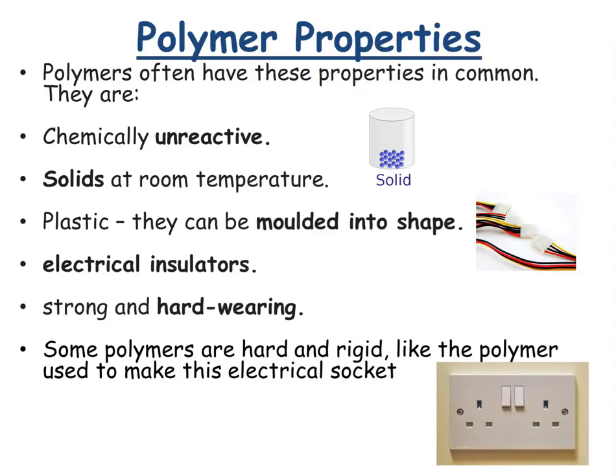Now the general properties of polymers. They are chemically unreactive, which is very good for things like plastic bags, plastic bottles or those PVC pipes that carry water. You don't want them to react with the water that they contain. They're also mainly solids at room temperature. They have plasticity. They're plastic, so they can be moulded into shape,